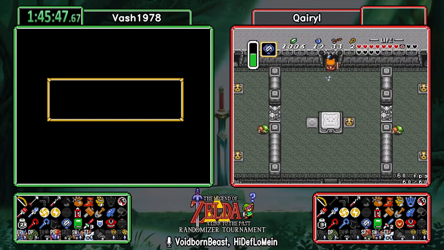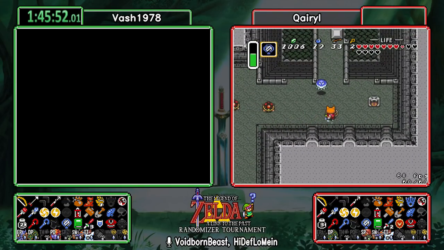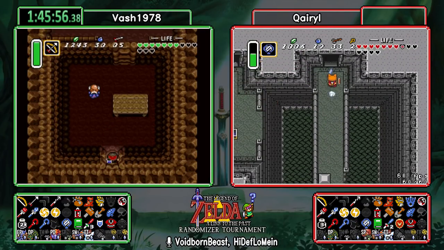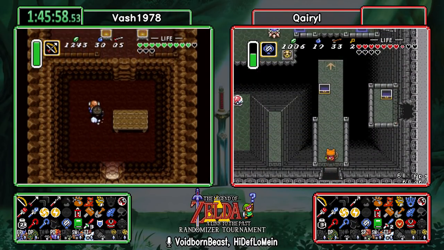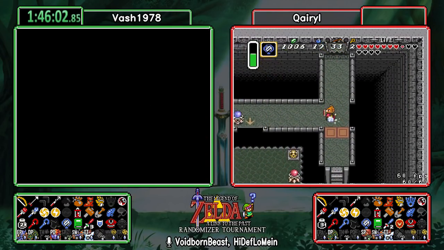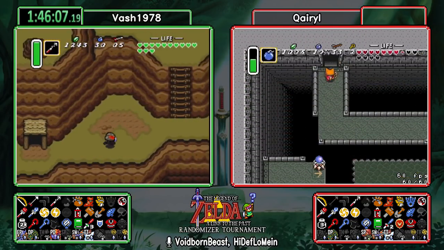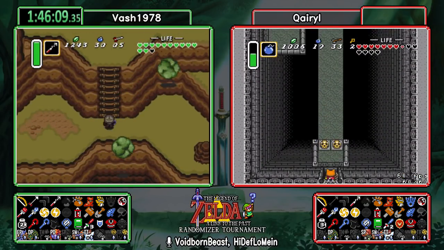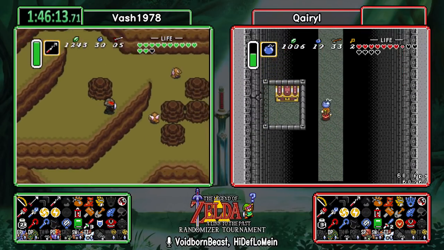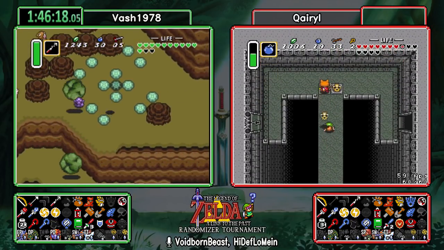I'm not sure if Vash actually checked Meyer earlier while he was here. I think he walked past it, didn't he? I thought that he did check it, but it's possible he could have just forgotten. All right, well, it looks like he's on his way to T-Rock now. He saw it to Crystal. He's got the items to do it, so...